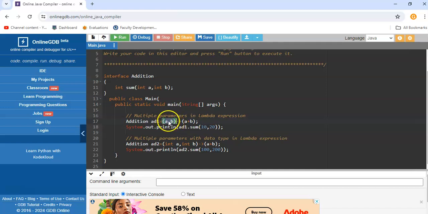We have simply given the variable names, so according to the value that is passed, the data type of a and b will be matched. The other way is we can also provide the parameters explicitly by mentioning the data type. Both ways are valid.